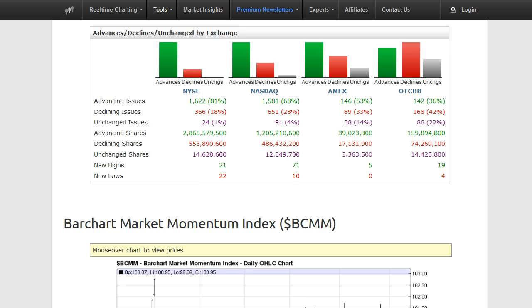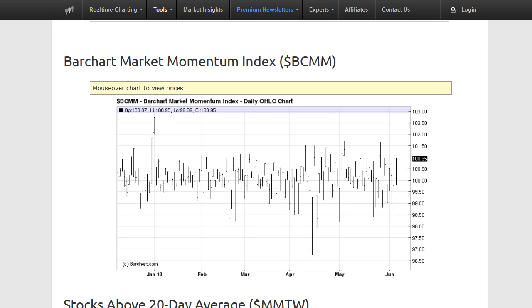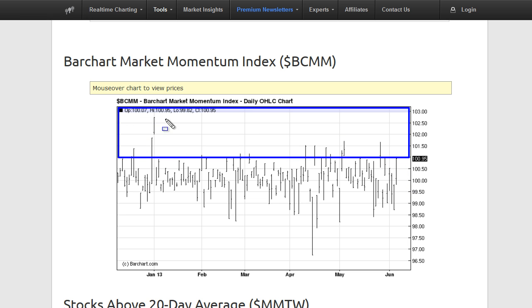Taking a look down at the momentum index, the bar chart momentum index. Yesterday we had a pretty strong rally off the lows. Anything over the 101 is considered to be overbought. We actually closed pretty strong yesterday, pretty much at the 101. Now we are in an uptrend, so I'm not expecting the market to really pull back. It might pull back a little bit today, but overall, if this was the bottom put in yesterday, then we'll